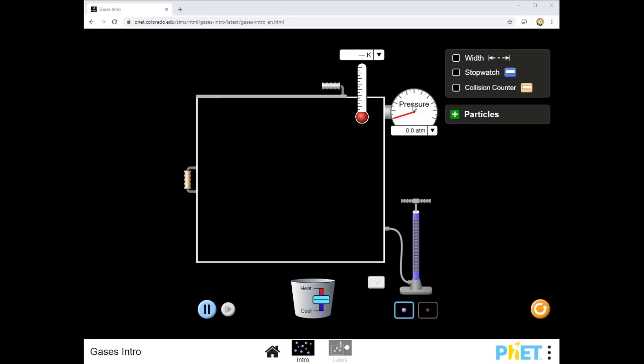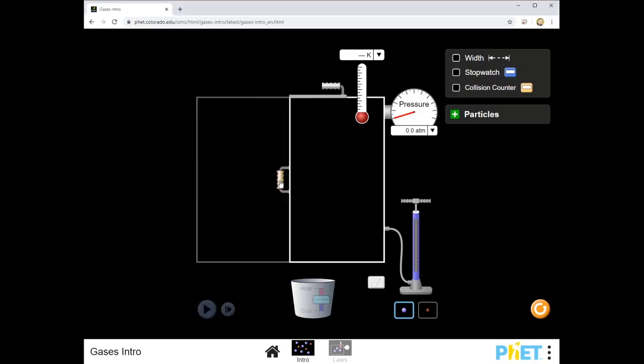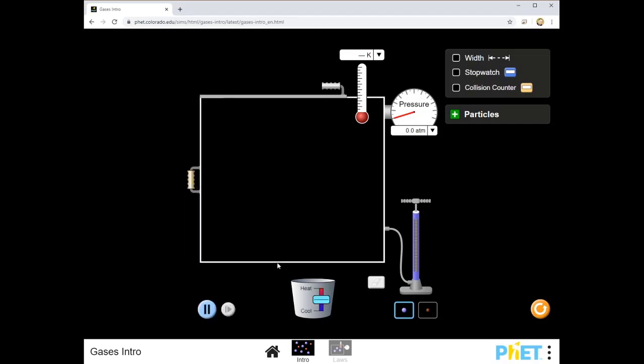And there's a pressure gauge, so I can measure how much pressure is inside this container, what the temperature of the gas is, and I can also change the container's size or volume. Okay, so I can control volume, I can control temperature,